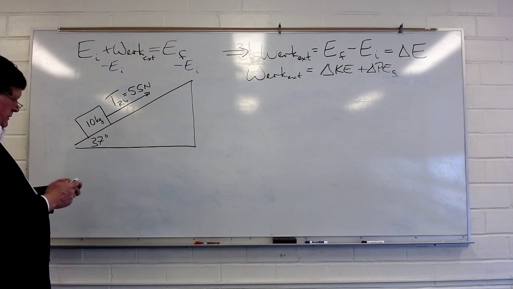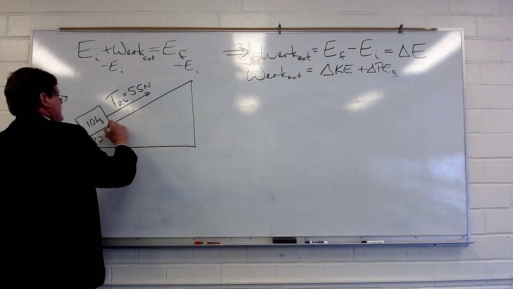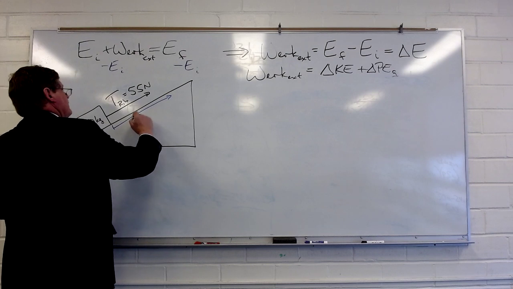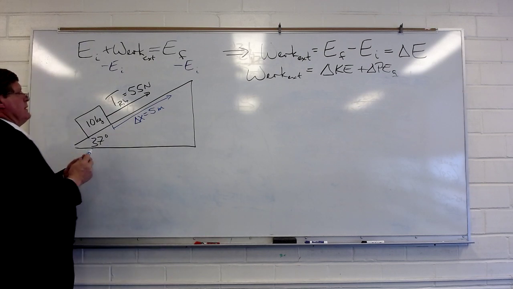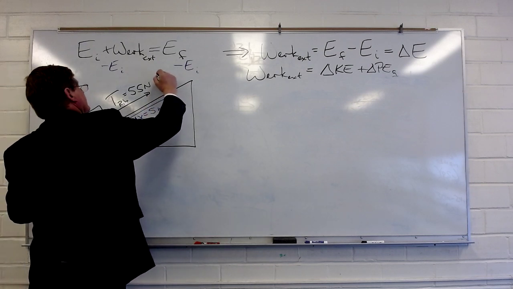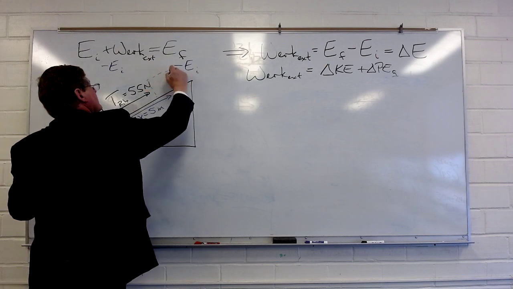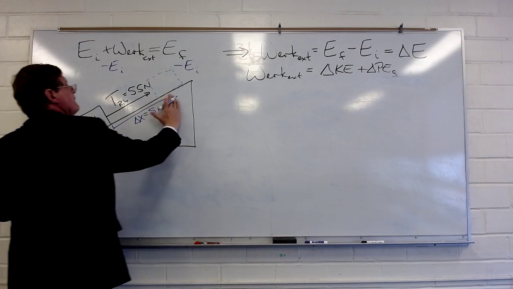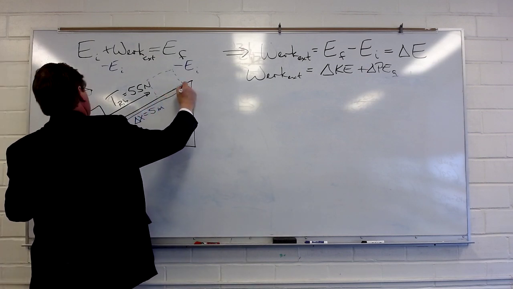And we're told that during that pull, the block moves a total distance of 5 meters up the ramp, so that a little bit later it's going to be up here. Okay? So 5 meters would go